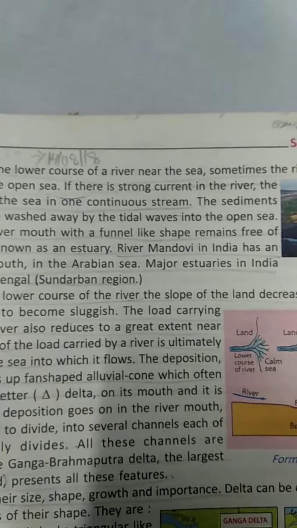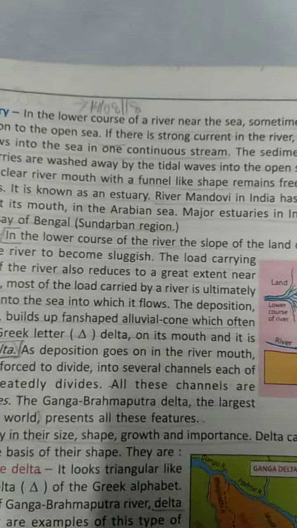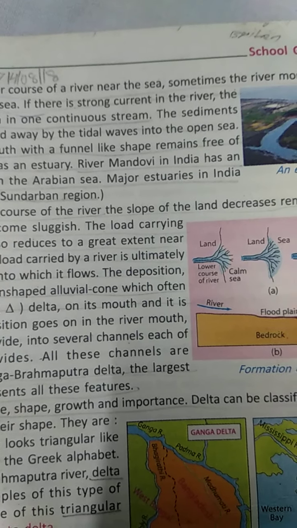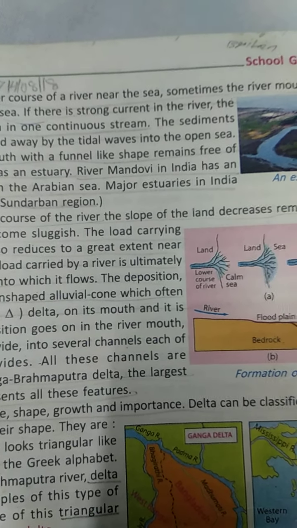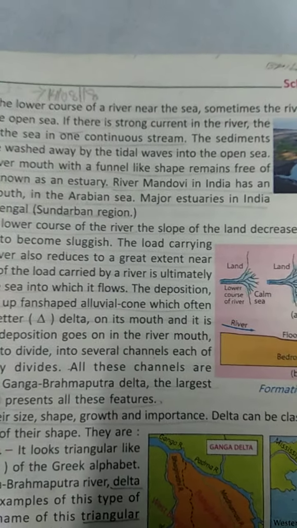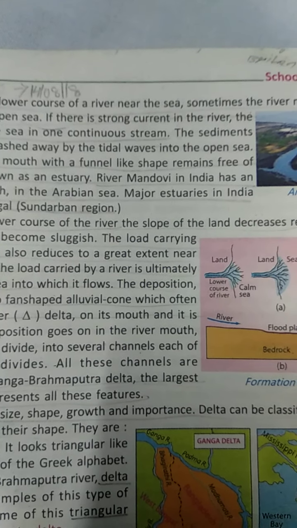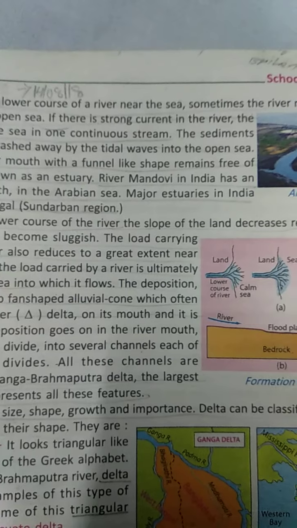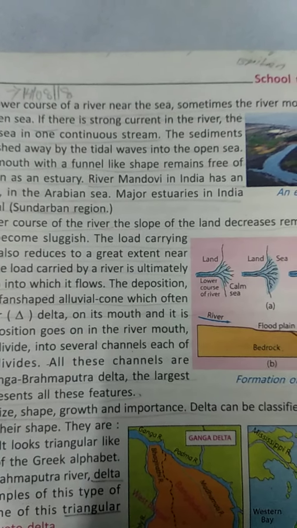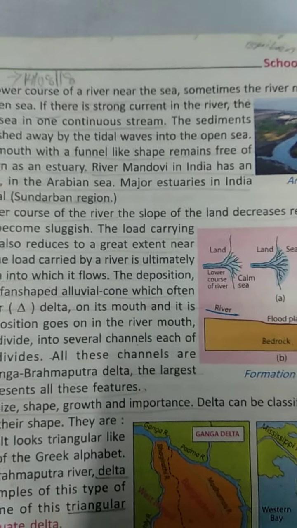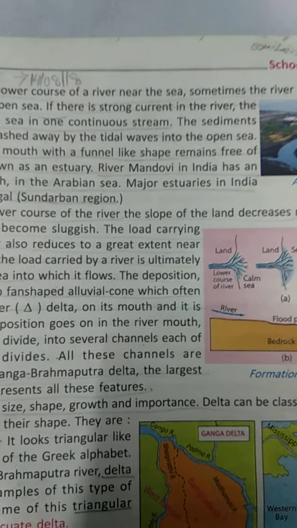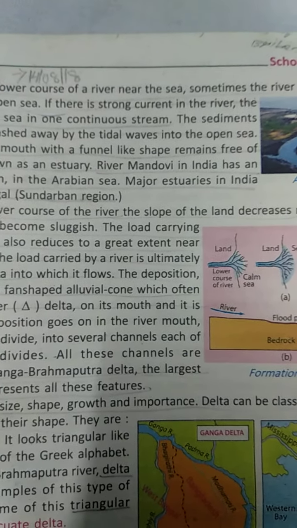Next comes the delta. What is a delta? A delta happens in the lower course of the river. The slope of the land decreases. This causes the river to become sluggish. The load carrying capacity of the river reduces, and it cannot carry on the load. So